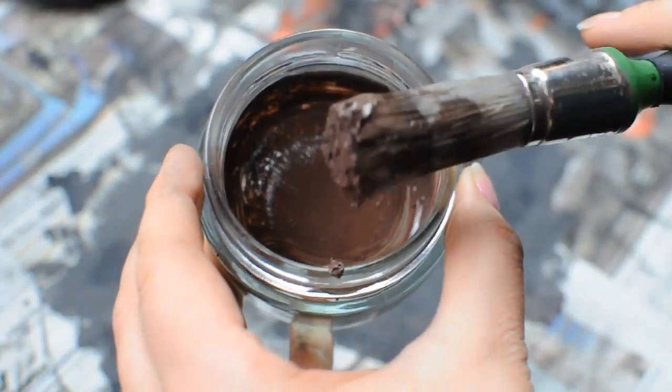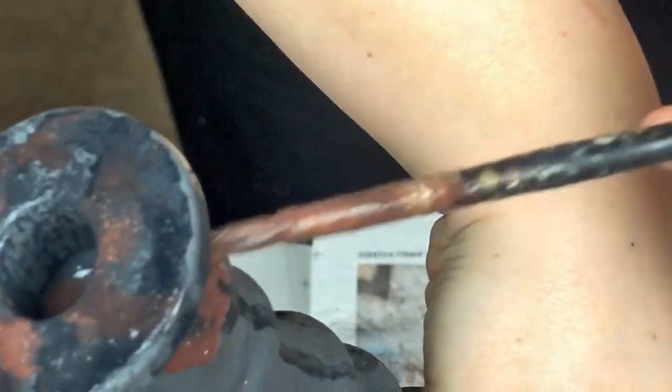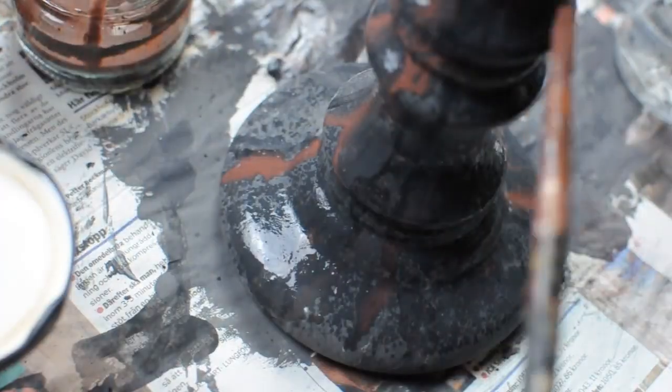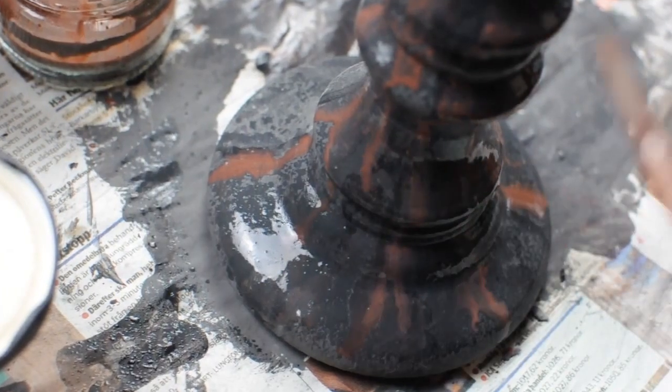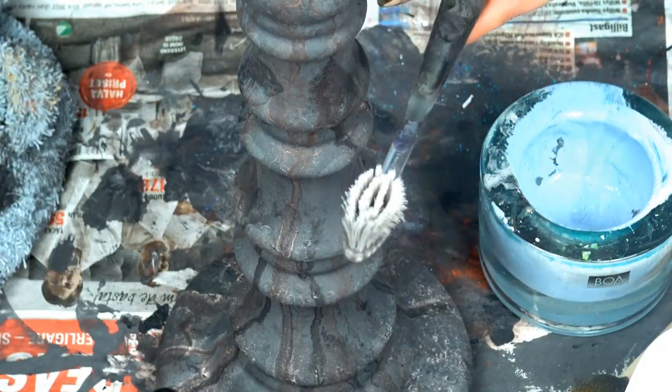And I did a similar technique with painting on some of this reddish brown mixture that I had and then sprayed some water on it so it would start running down the surface of the candle holder to get some interesting abstract patterns. Then using an old toothbrush, I'm going to use this patina mixture that I had, the baby blue one,